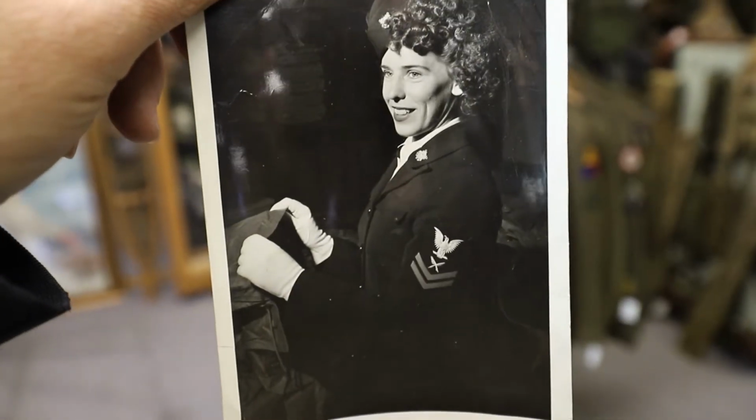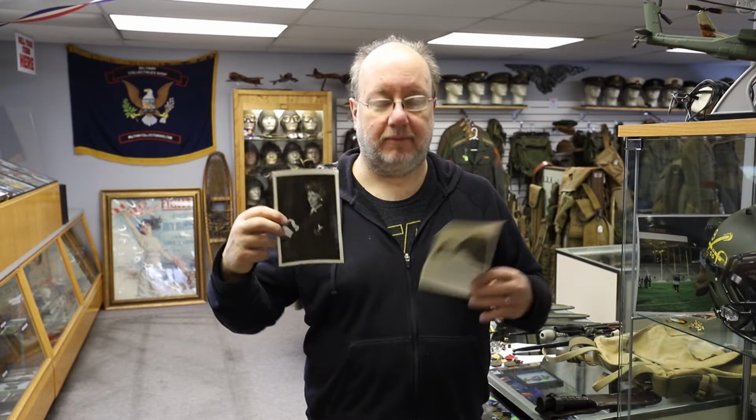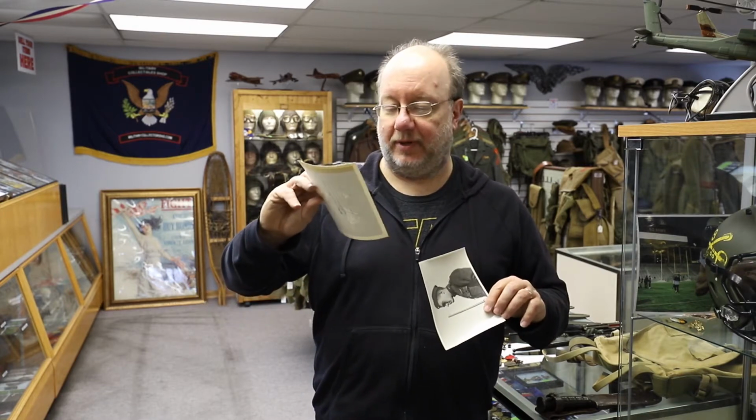Got some nice photos. This one I'm going to be keeping for my own collection is a World War II Coast Guard lady. I forget what the Coast Guard ladies are called. Spars? Something. I'll find out. But nice uniform shot, and a World War I aviator